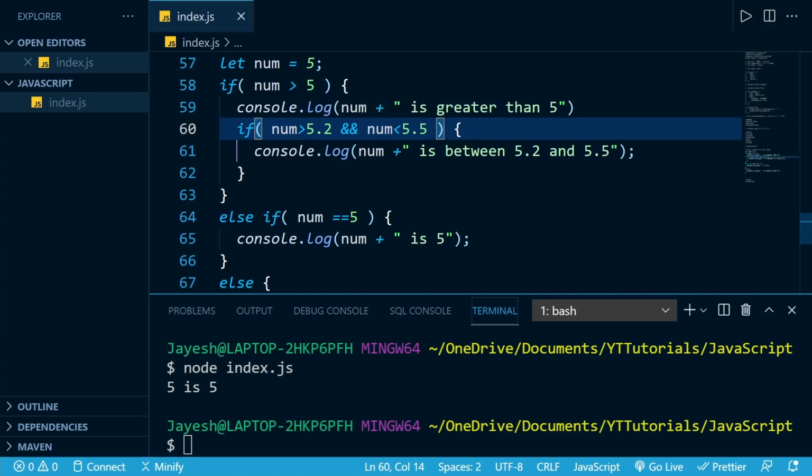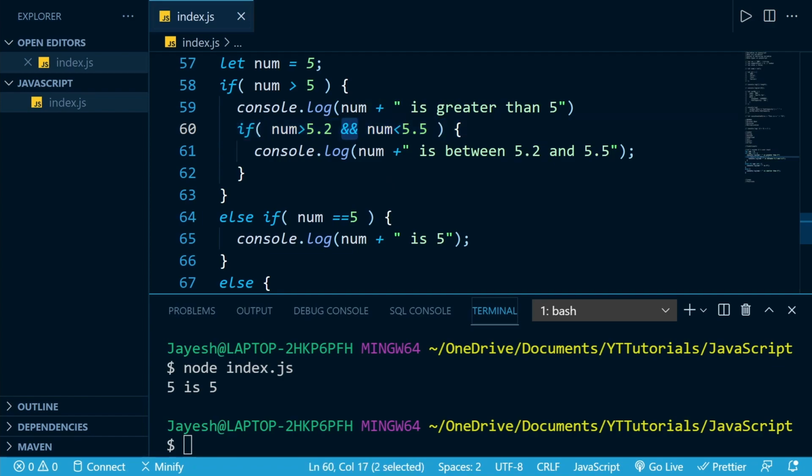So this is just a simple boolean, and I hope you know the boolean, and even if you don't, it's not super complicated. It just returns true if both the values are true. For example, our num is greater than 5.2, and we are just checking if it's greater than 5.2. If this returns true, and if this returns true as well, that is if our num is less than 5.5, then true and true will always return true.